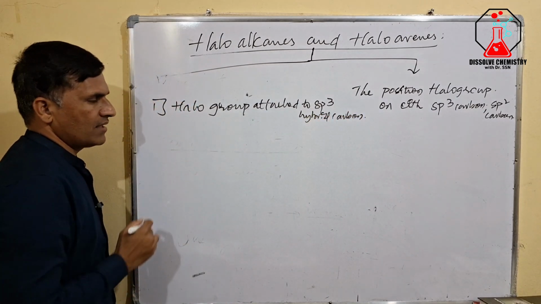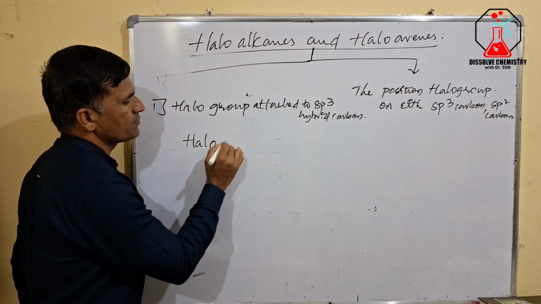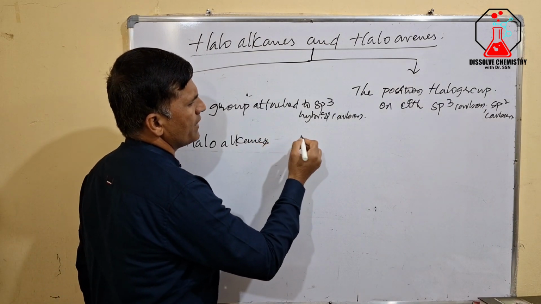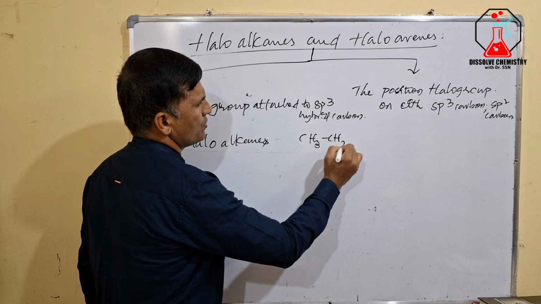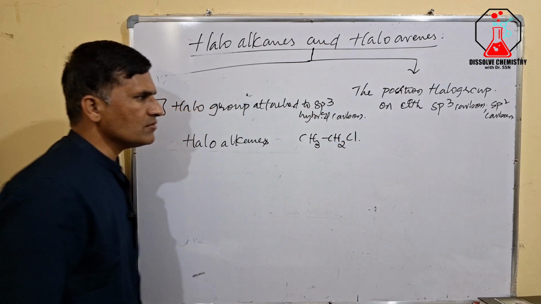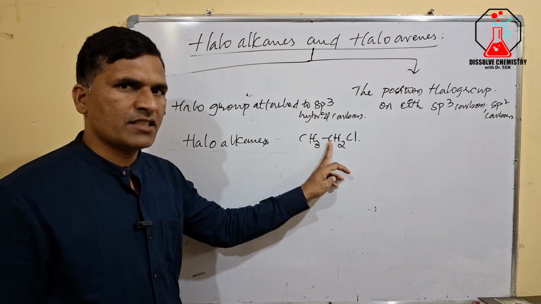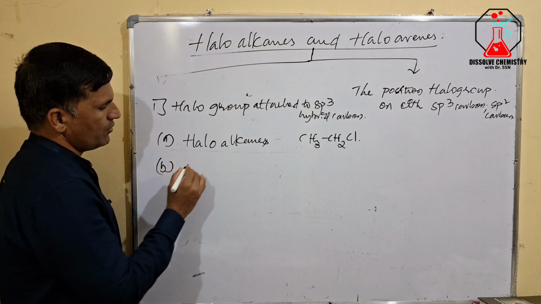Okay, let us take the examples. So one is your haloalkanes. Example you can take, say for example, CH3CH2Cl. Here the halo group is present on the carbon atom which is sp3 hybridized. So our second class of compound we will take as